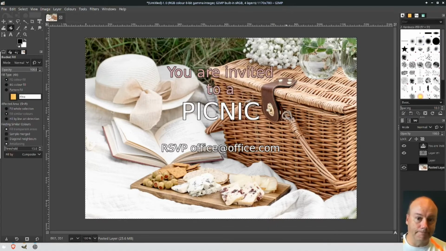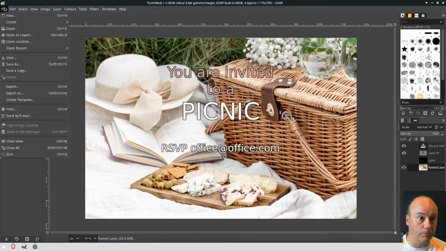Alright, let's go and see what else we can do to the image. So the menus, you really just have to go and explore a bit. I tell you what, let's bring in another image, and we can stick it on top of this one so you can see how to work with multiple images. So I'm going to go and open,